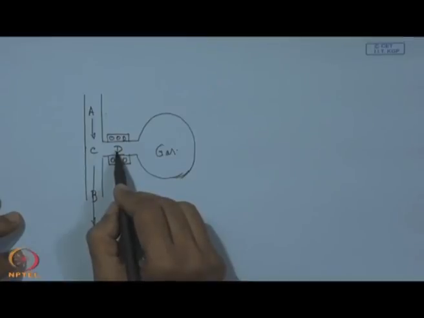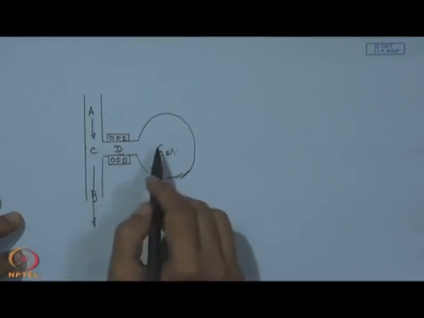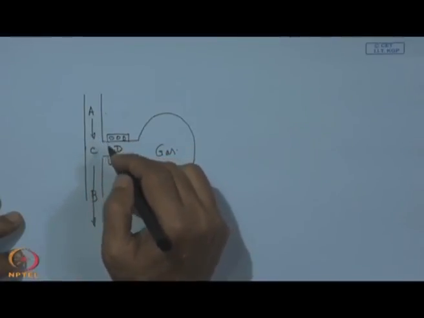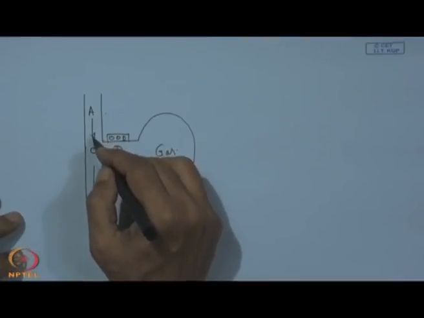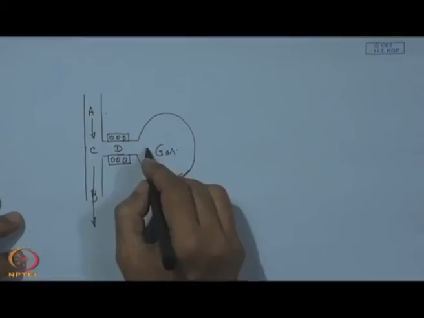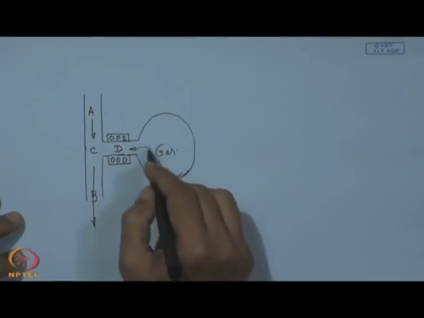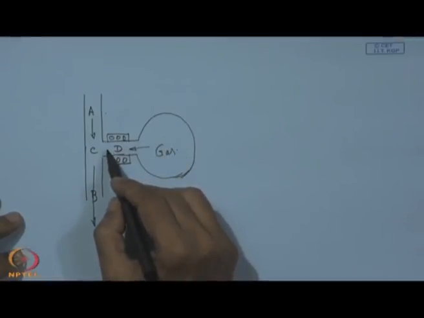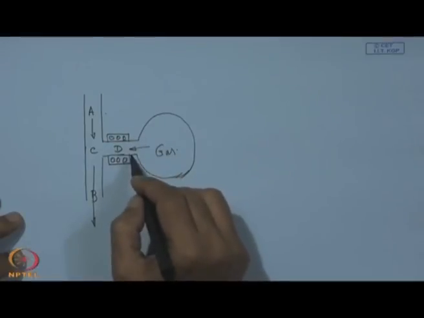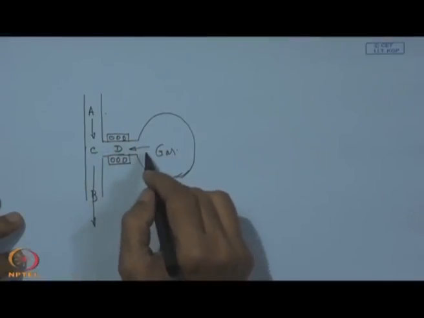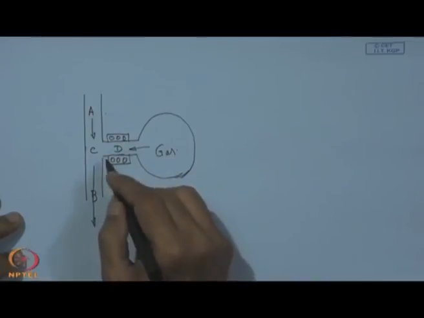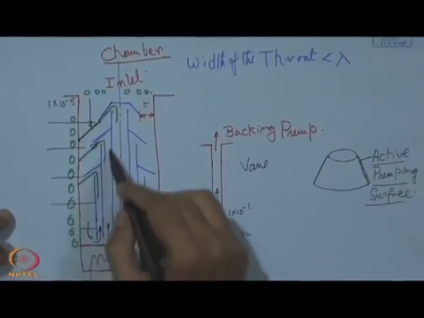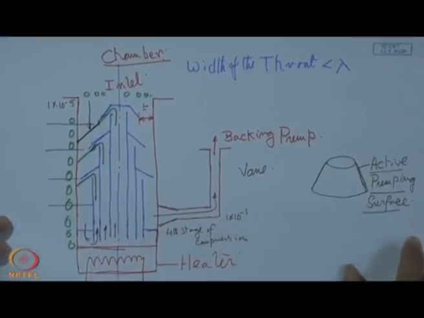So, the gas will move in this direction, and in this process it will be entrained by this mercury vapor. The mercury vapor will entrain it, and as a result it will flow with the mercury vapor, and there will be a continuous flow of gas. This process is very similar to a diffusion process. So, this principle we understand here, just by condensing the vapor and then dragging the gas along, is exactly the principle on which the diffusion pump works.